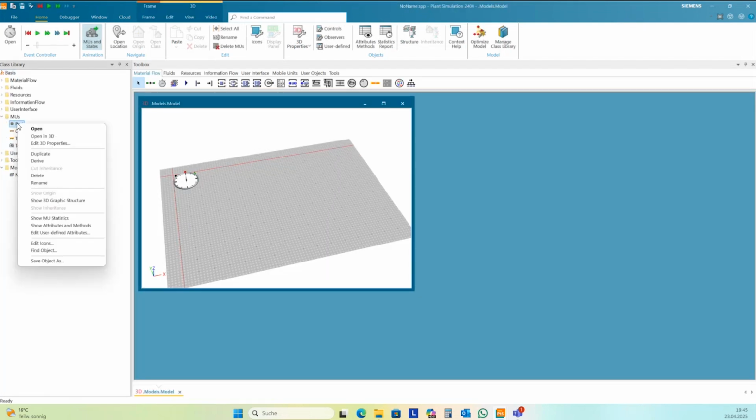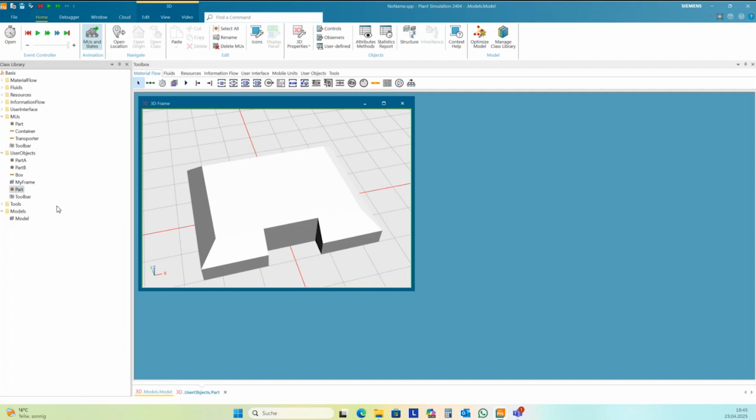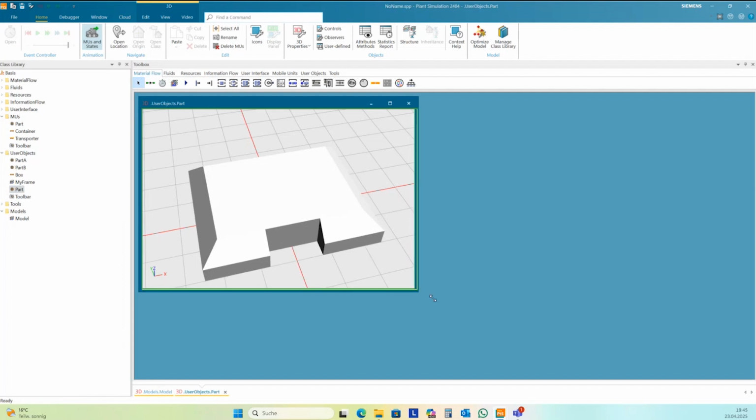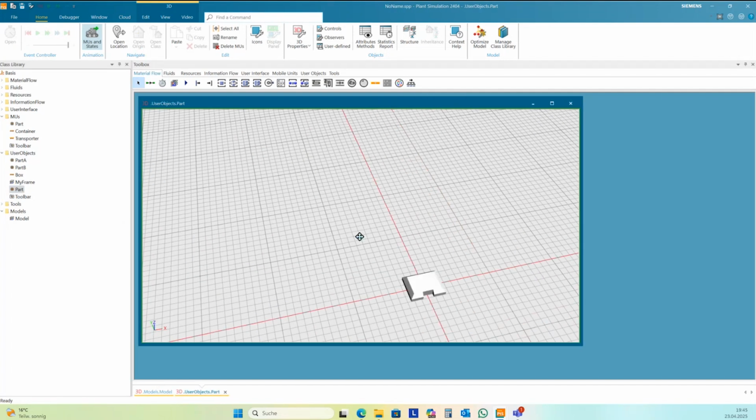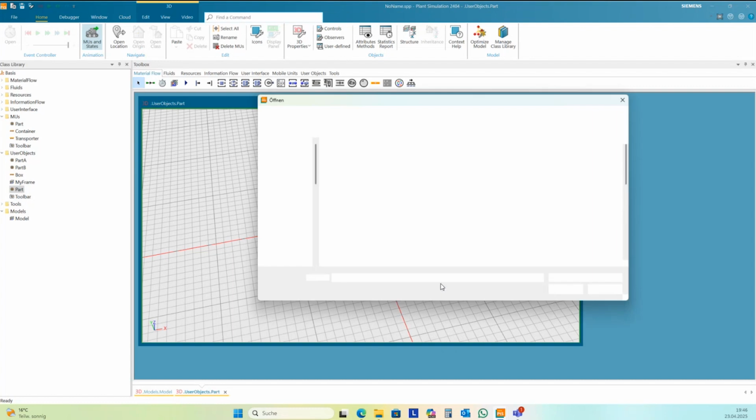First, you need to duplicate one and then open this in a new 3D window. Then you have here the 3D. And the easiest way is to right mouse click here into the background and then exchange graphics.